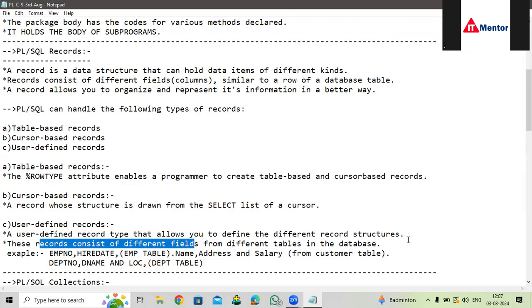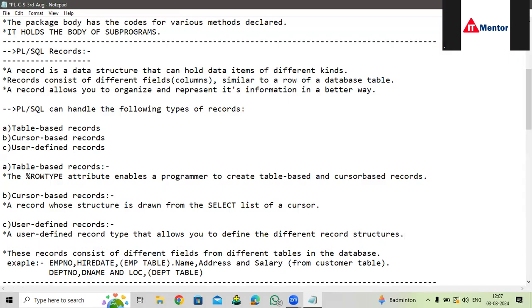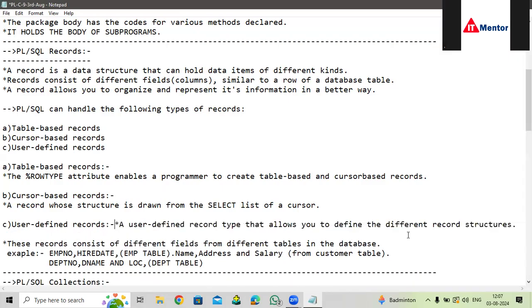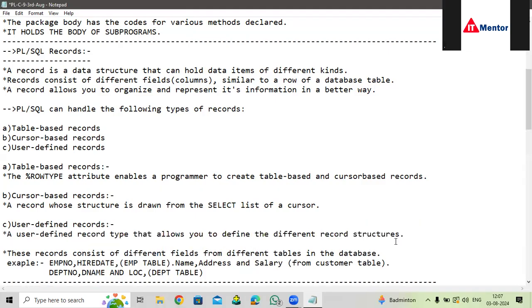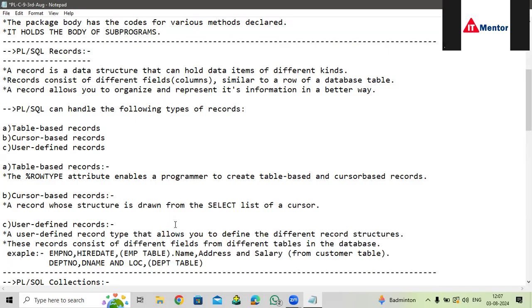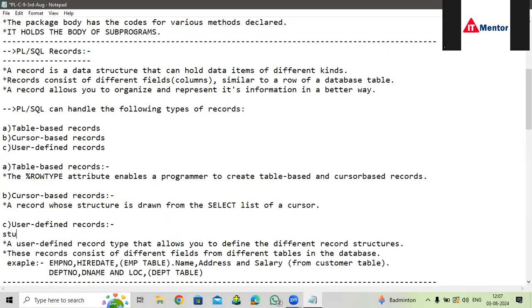So user-defined means, consider we create a table. As we have seen previously, I'll create a students table. In this students table, I can enter any different columns: student name, student ID, student phone number, student age,